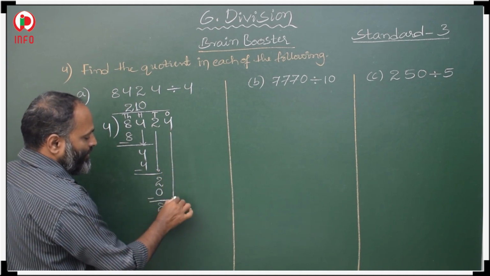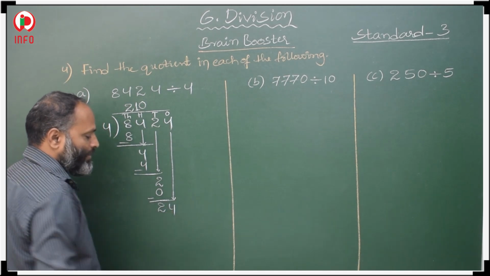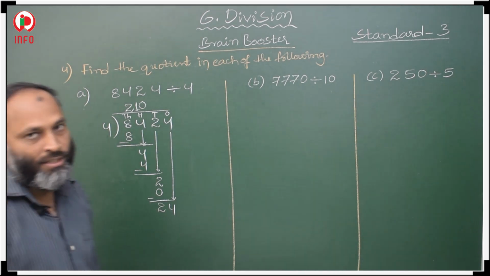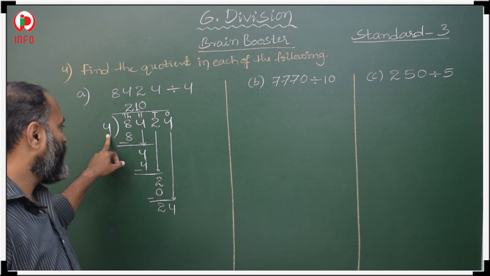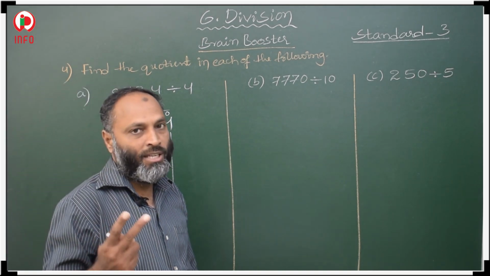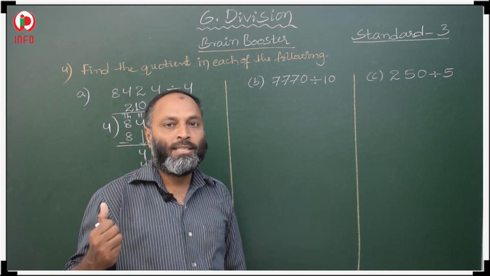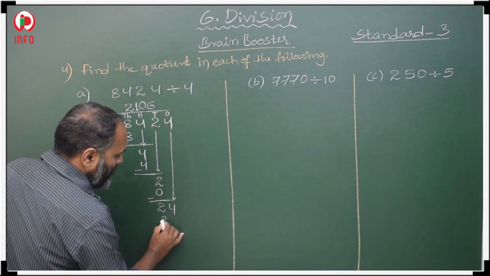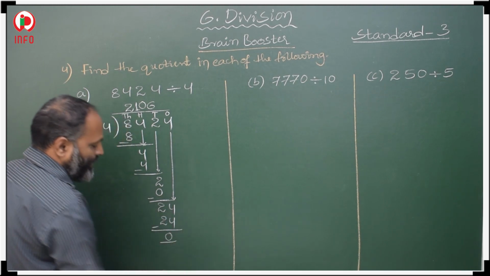Then next you copy ones place. So, what is there in ones place? 4. Now, what is our number? 24, 2 tens and 4 ones, that is 24 ones. When will you get 24 in 4 table? Once you read your 4 table, 4 1s are 4, 4 2s are 8, 4 3s are 12, 4 4s are 16, 4 5s are 20, 4 6s are 24. Then same number minus same number is 0.